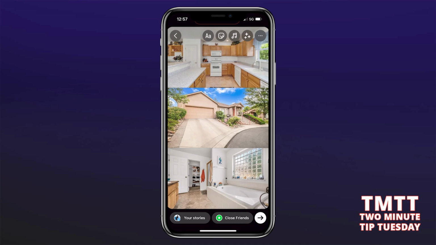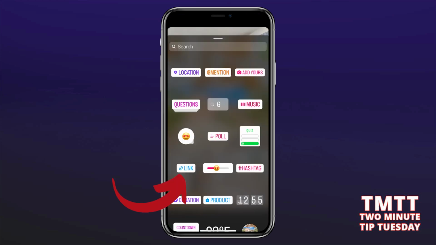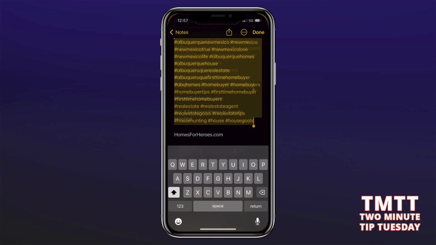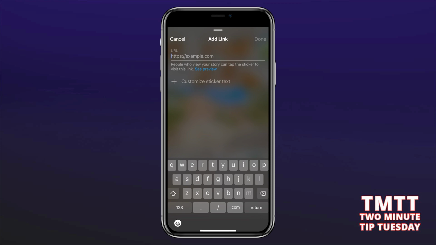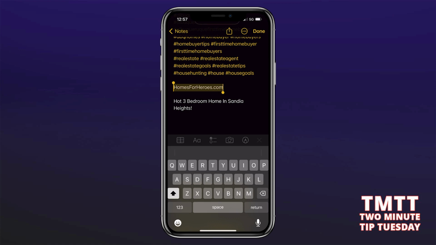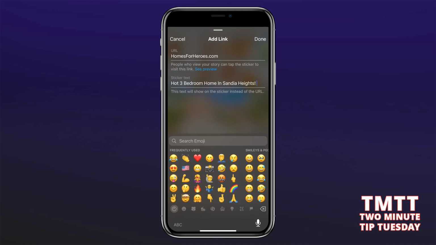Now let's add a link to this Instagram story so people who are interested in learning more about this property can go to a landing page to learn more. So we'll click on the sticker tab again, click cancel, and we'll click on link. Now I have saved the URL that I want to direct people to, so I'm just going to click on copy, and I'm going to go here, paste it, and now we're going to want to customize the text on that link. So I've created some text already, and I'll just copy that, paste it. We're going to add in some heart eyes,